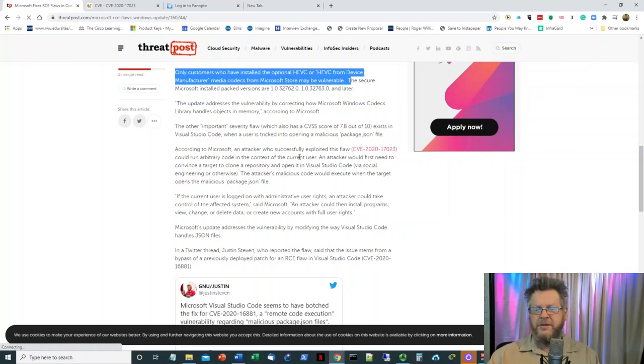But basically what they're saying is they have to get you to install this file, this JSON file, onto your system. Once they do that, then they can come after you. When you're using this package, right? And when it runs, it means the malicious code could then open a malicious... The attacker's code would execute when the target opens a malicious package. They just kind of keep coming back to this sounding like a Trojan or something. Well, okay, I guess it's something that can run. So if they can embed this,